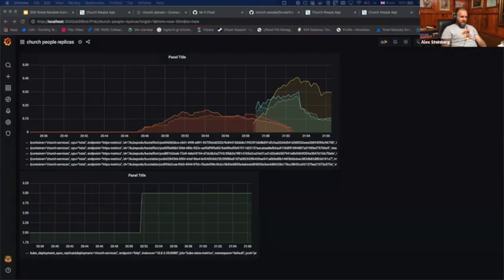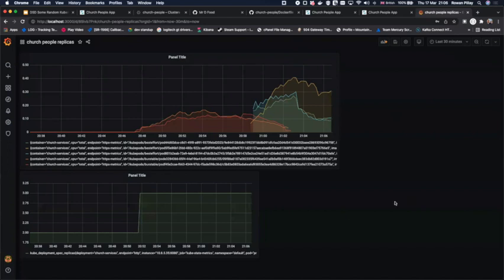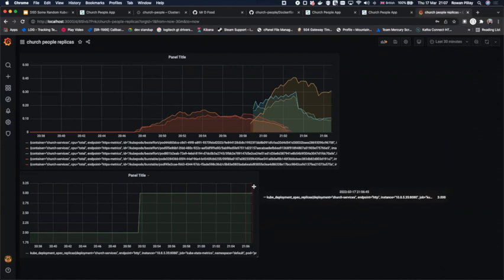Rowan, is there anything else you'd like to show us? No, I mean, the charts are working. This is pulling data from Prometheus. And yeah, I don't know if you can still see my screen, but it's scaled up to 3, and there's just a few settings probably that need to be fixed to get that to go further up. But anyway,